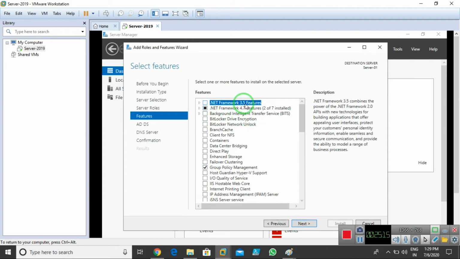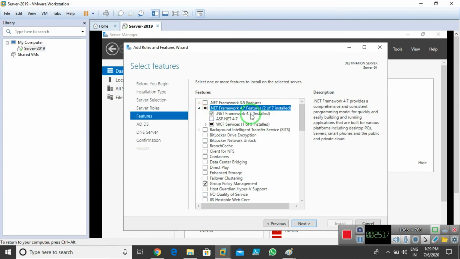We need, you can say, .NET Framework 4.7, which is already installed. So we need .NET Framework also for AD services. On servers, it's installed by default when you install server operating systems. In Server 2019, we can use 4.7 .NET Framework. In 2016, we can use 4.5. In 2012, we can use 4.0 something. And in 2008, we can use 3.5.1. So every server needs .NET Framework. If you want to install AD services, we need .NET Framework. So it's automatically installed, .NET Framework 4.7.